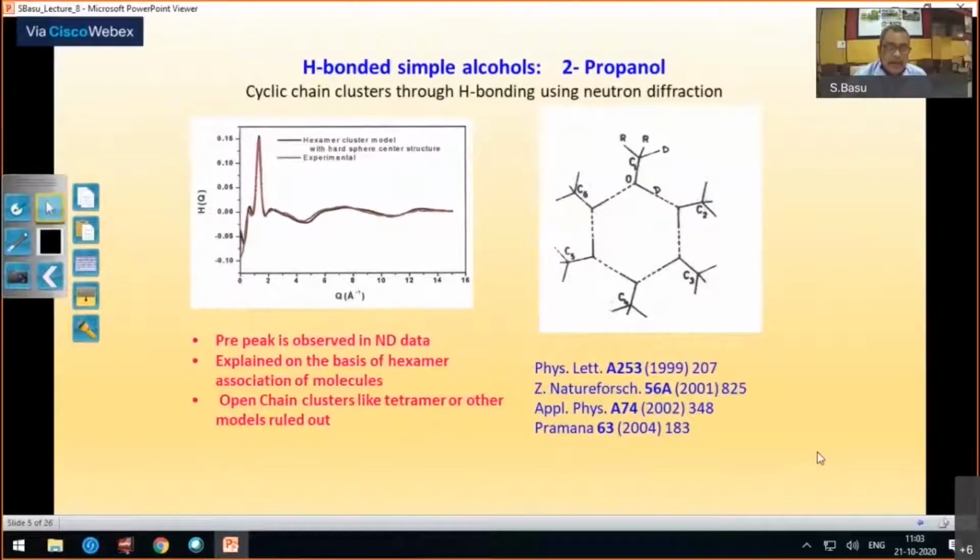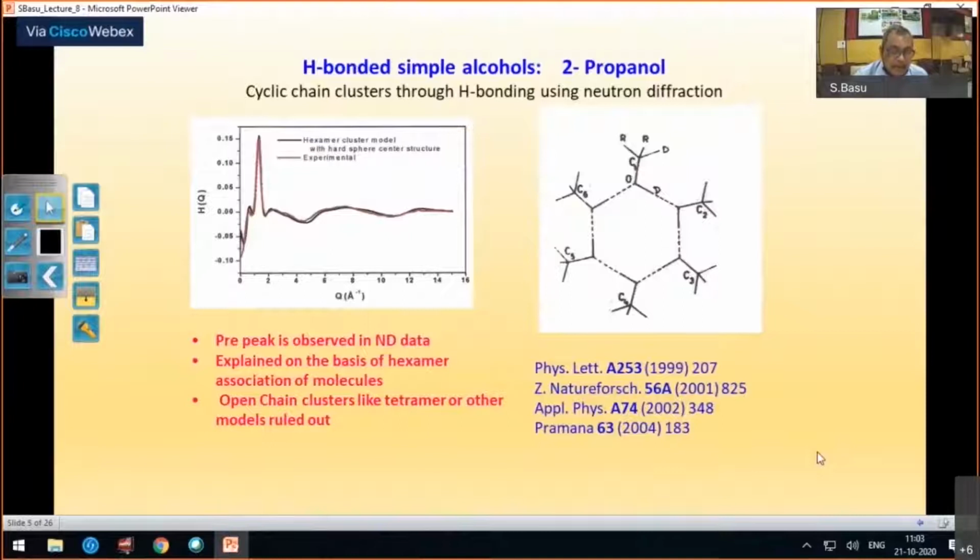If I go further out, there will be an A shell, surely. But since it's a liquid, this shell will be more diffuse compared to the first shell. If you go further out, this shell will be further diffuse. And if you go to R equal to infinity, this will be completely diffuse. It will not go to zero, it will go to the liquid density, the average density rho of R.